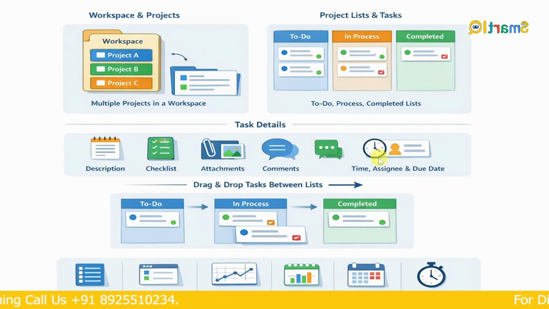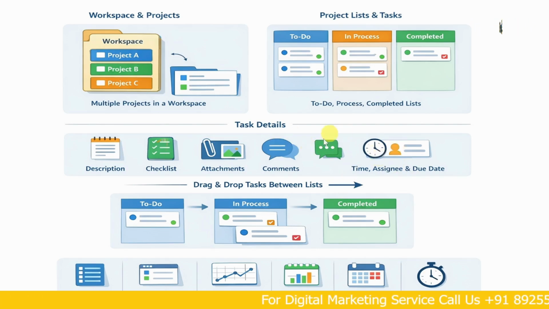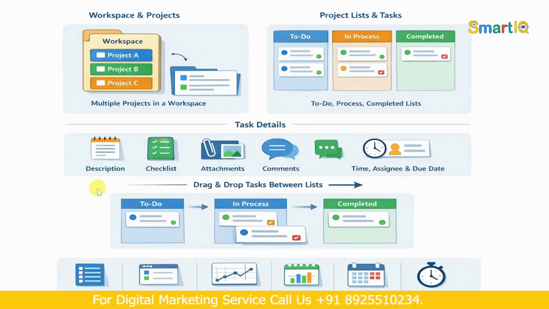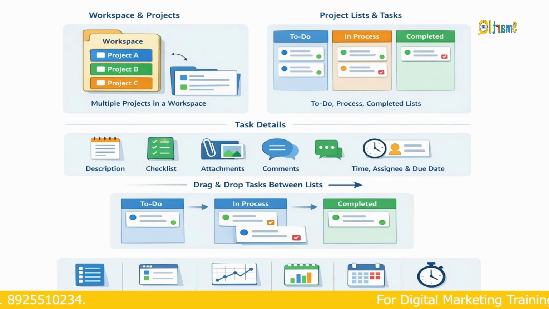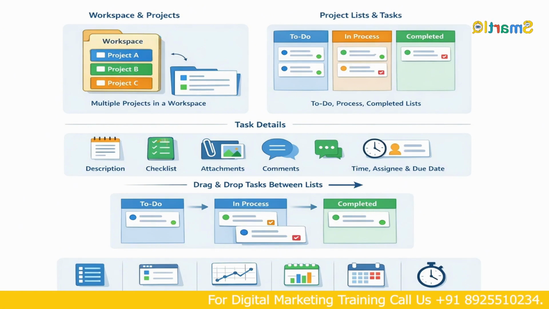Due date means by which date the design should be completed, by which date testing should be done. Similarly, in time tracking, the coding time can be calculated. All these details can be seen in the task details. Okay, so in a simple to-do, we can easily move tasks between in progress and complete just by drag and drop. This is a big advantage. There are no complicated steps or anything like that, okay?